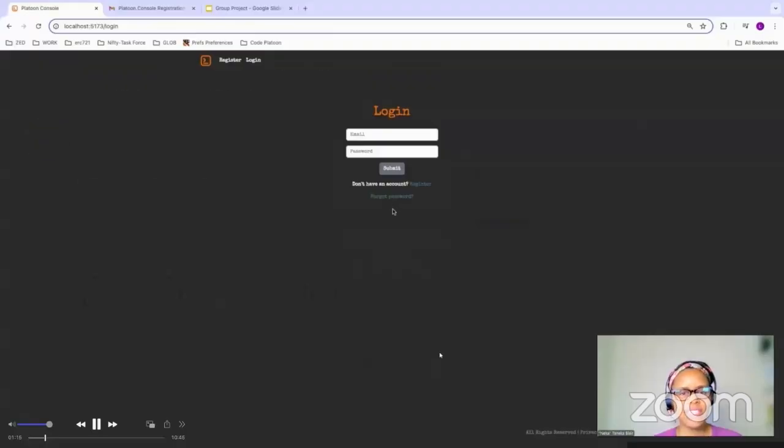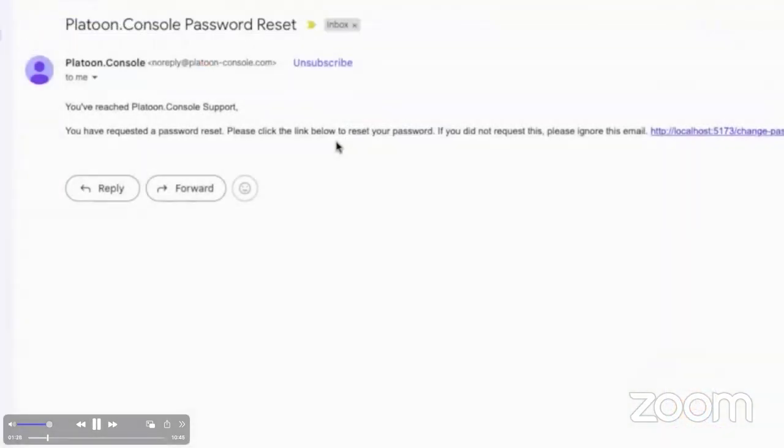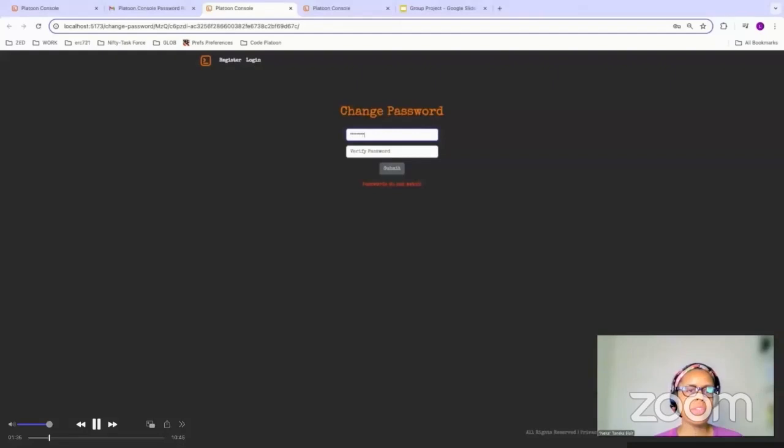If for some reason a user forgets their password, they're able to click on the link forgot password, and it will email them a link so that they can go in and reset their password. And you'll be able to input a new password, which still does have verification for password matching,